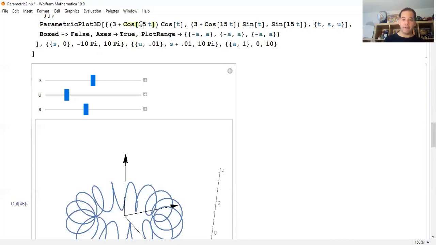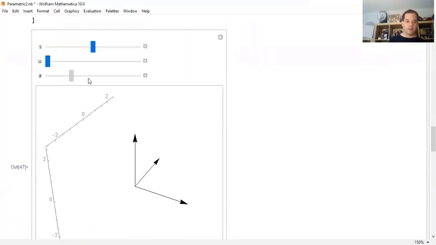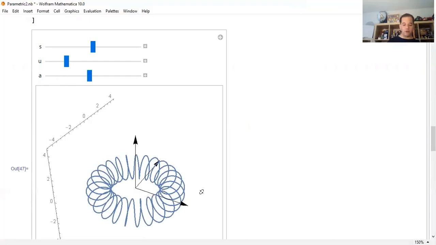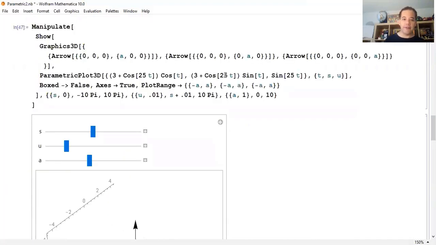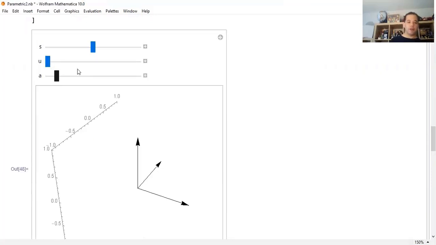Let's do 25. Let's put 25 here, and 25 here, and 25 here, and see what will happen. Yeah. So now instead of going 15 times around as we go here, it's gonna go 25 times around, right? And the same thing, if you wanna do less, let's see that it only goes 5 times around. We can change the 15 to 5, and now it's gonna look like this,